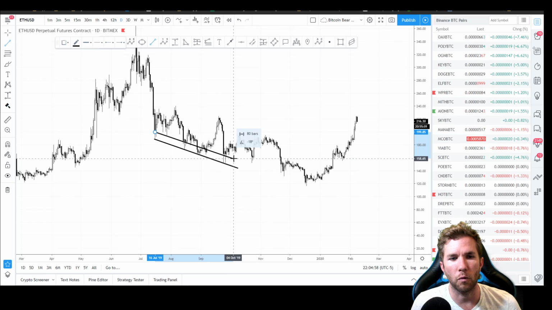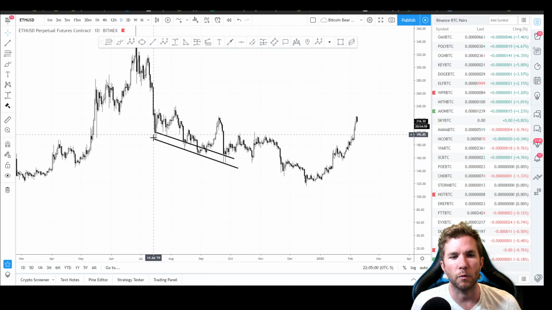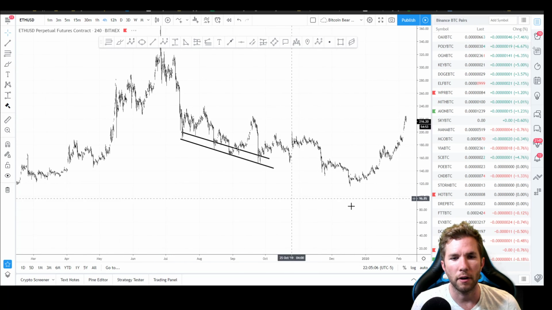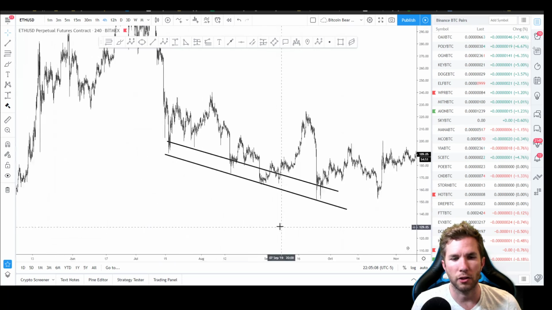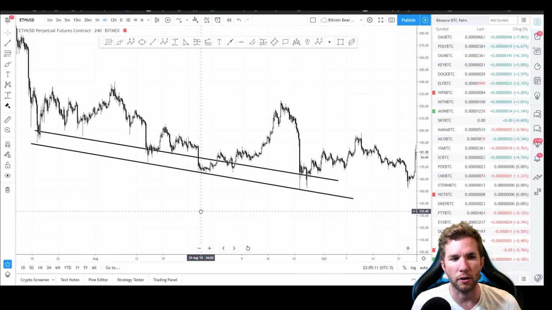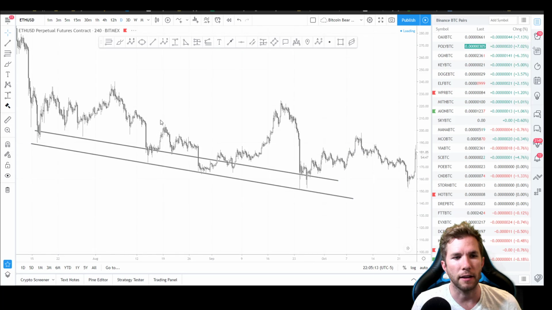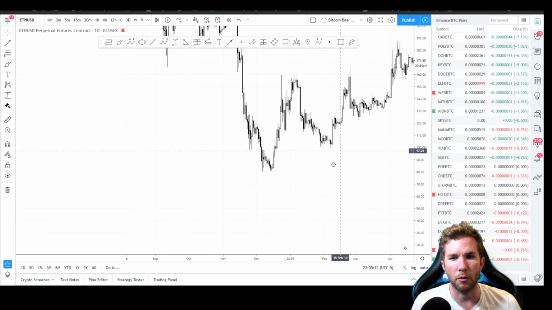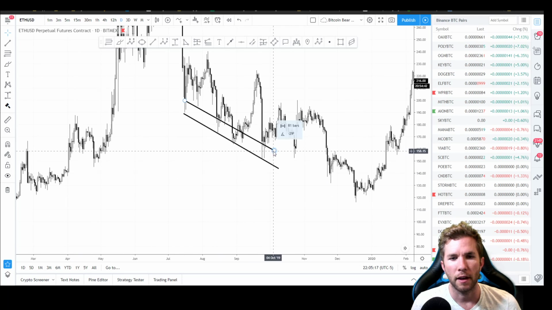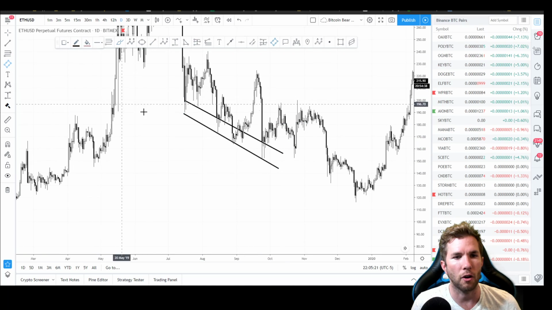It doesn't have to be one or the other, but if you use the body close, it depends on your time frame. This is daily. We could also use 4 hour, and it just depends on the time frames that you want to use for your body closings. But on the daily, what we can do is draw both lines, and what this does is give us an idea of what I call,